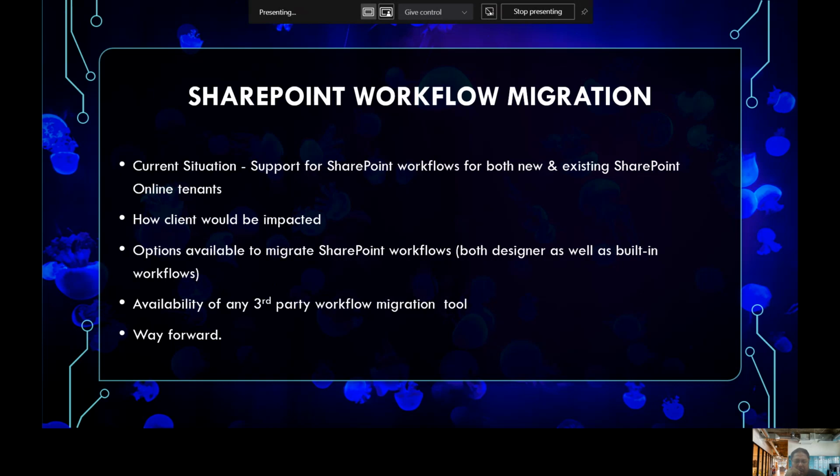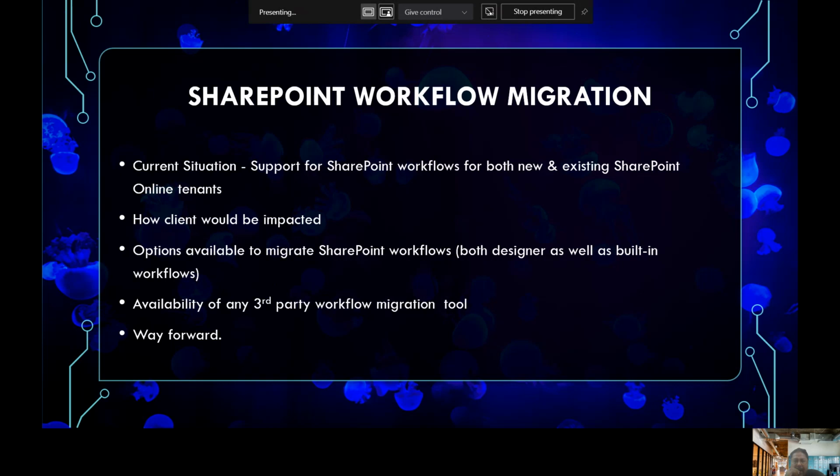Now, the next immediate question that comes to our mind is how clients will be impacted because of this particular change. This is absolutely true that the clients were not properly warned about the workflows retirement. And there are a lot of SharePoint Online tenants running more than thousands of SharePoint 2010 workflows and have no direct path of quick replacement. Even many clients do not have enough time and resources available to replace the existing workflows with Power Automate.